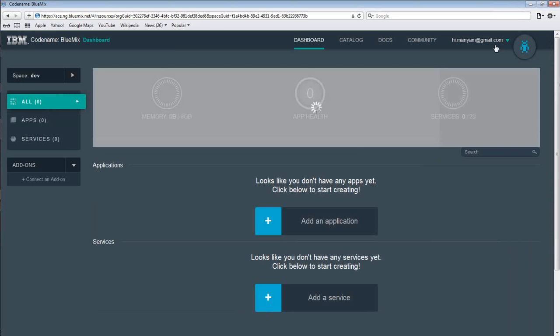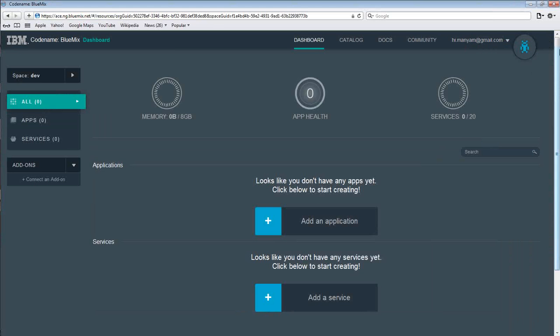So I logged into my login that I created here, and this is the dashboard that I see on the launch screen. I will see how much memory is attached to me, 8 GB, and I'm not using anything as of now. There are no applications running, 0 applications, and it shows the service status and other details.